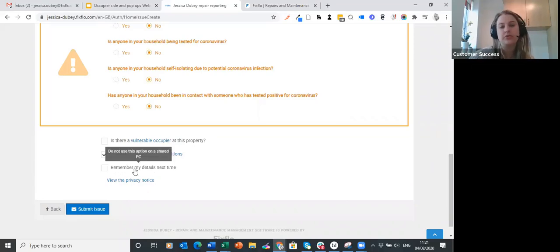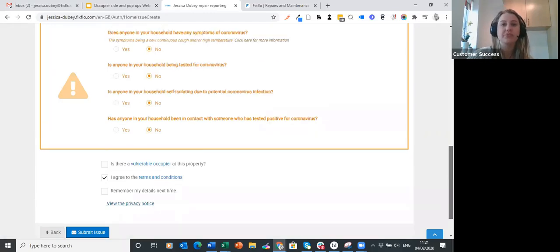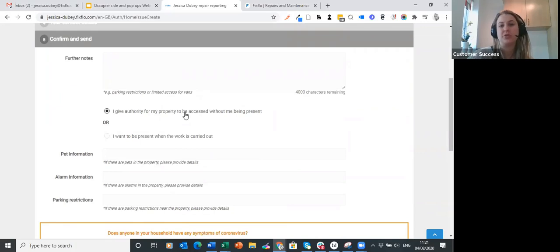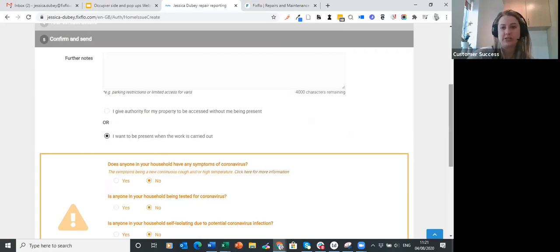They can say whether or not they'd like their details remembered for next time. As you can see, this is not recommended on a shared PC. They have the opportunity to view the privacy notice if they wish. And scrolling up, guys, they can say whether or not they'd like to be present when the works are carried out. Now, if an occupier says here that they would like to be present when the work is carried out